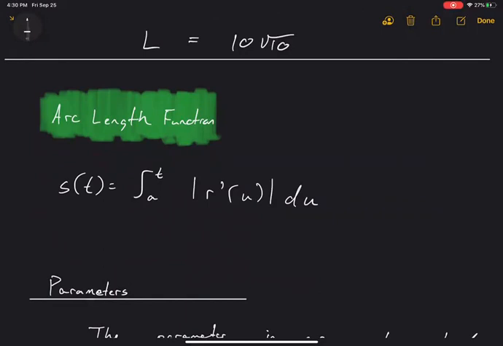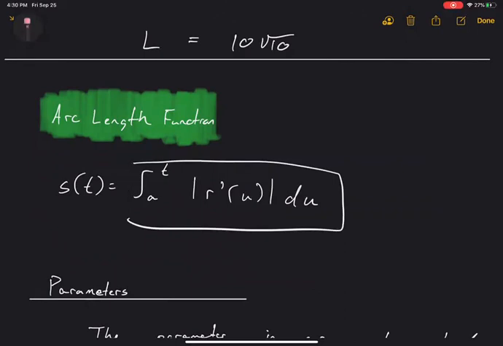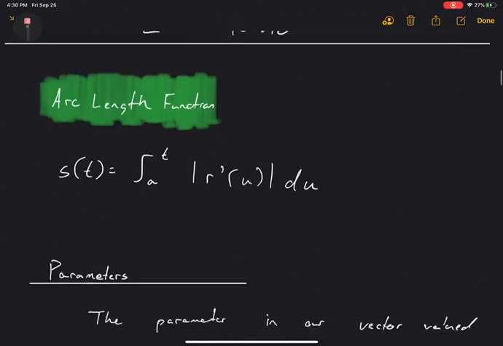So how can we define this thing called an arc length function? Well, instead of having an actual real number as my upper bound of integration, I'm going to replace that with a variable. And if that's a variable, this whole thing is just a function. I'm going to plug in different values of t, and I'm going to get out different arc lengths. So what this is giving me is this function s of t, and that's going to be the arc length